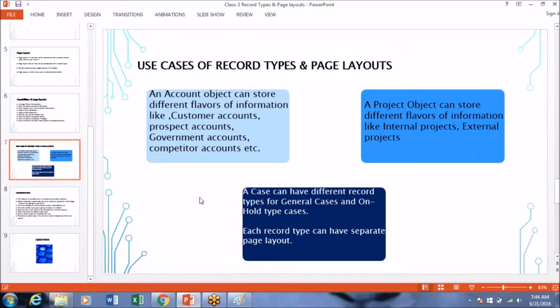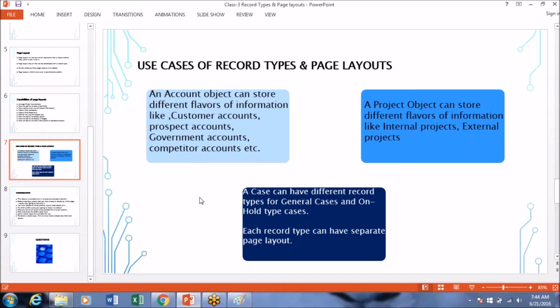In the candidate object, we can have the record types, right? Yes, to differentiate the different types of candidates, like regular and distance. Some candidates join on distance courses. So we can differentiate between them using the record types to store their information.